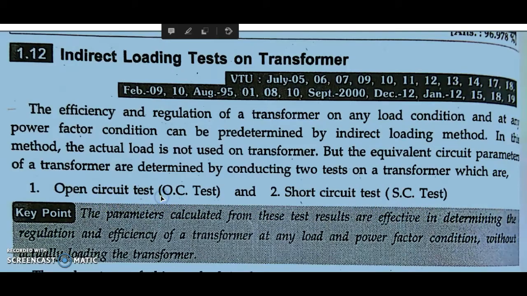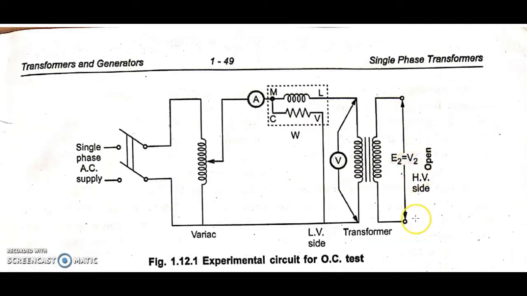As the name itself indicates, open circuit test means you are going to connect nothing in the secondary side. Means your secondary side is kept open. You can see we have not connected any load in the secondary side. But you can see the primary part we have connected to the supply with the help of a single phase auto transformer. This is your auto transformer, this is your main transformer, and efficiency you are going to calculate of this and not of this. You are going to calculate the efficiency of this transformer.